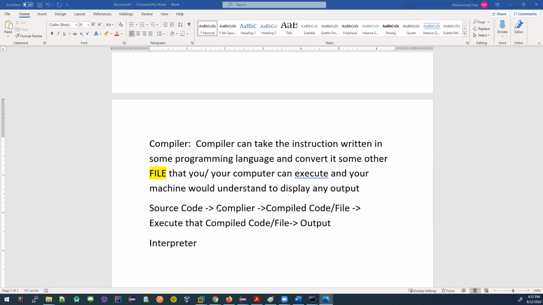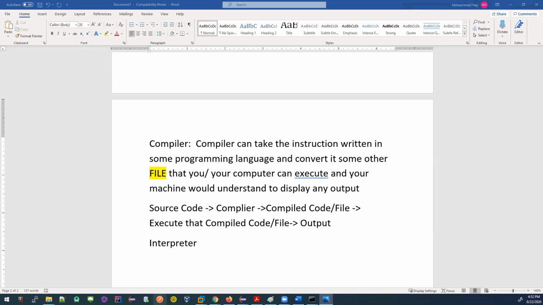So it's not like I'm giving some instruction to Lisa, taking it and then coming back to me for the next instruction. No, all the instructions I have written down in one single place, and I'm giving it to Lisa, and Lisa converts it to some other file, and then Emily is going to execute it, or do some work. This is how a compiler works, right?